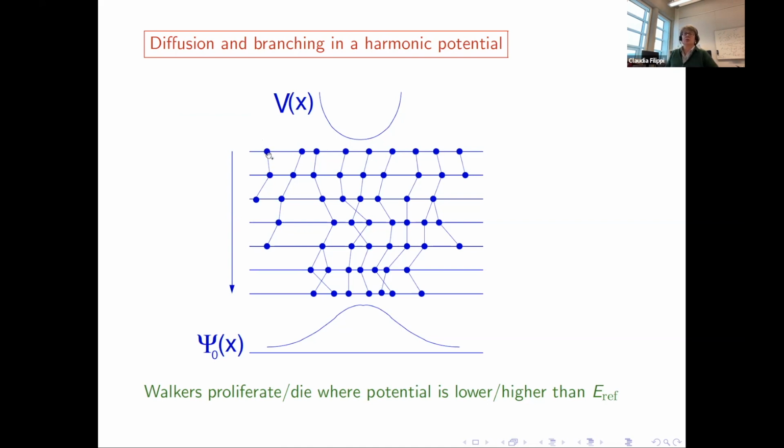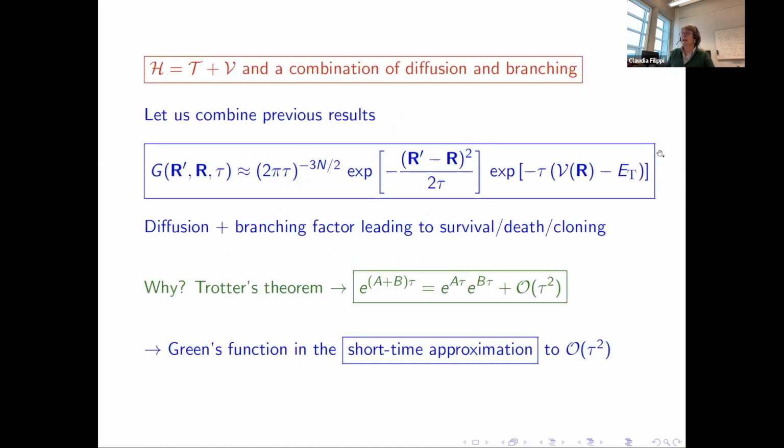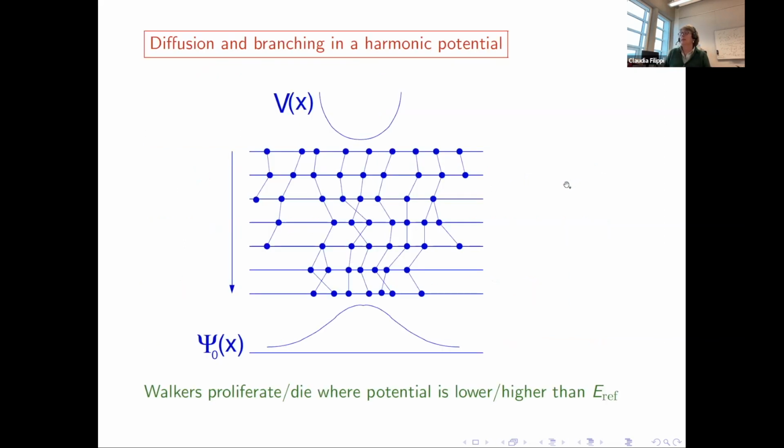And then what you're going to do, you're going to start to diffuse, according to this. And then, this one, you will compute this factor. If V is much higher than your reference energy, you will tend to have a small number. If you are lower, you will have a larger number. And so, something like that is likely to end up dying. So for instance, this guy is dying. This one in the middle, for instance, is cloning in 2, depending on the value of the additional factor. So you are diffusing your walker, and then you decide to proliferate and die based on the exponential factor.